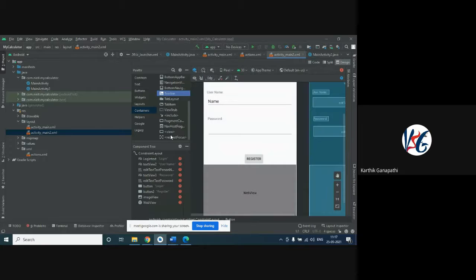Next comes the request focus. Why do we need this request focus option? Request focus is, for example, something you observed in the camera, which has this type of option. When we tap on that particular button, the focus of that camera is going to happen on that particular region.